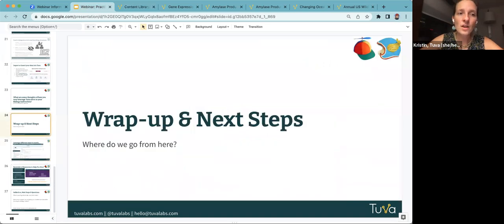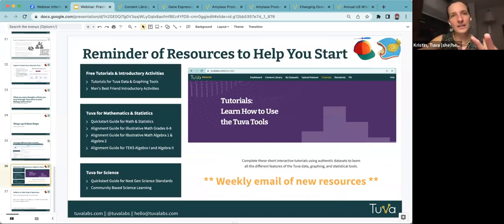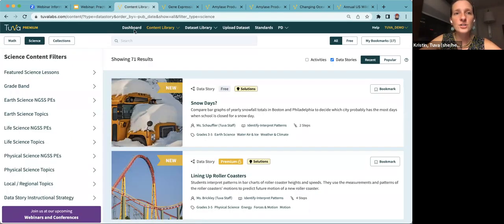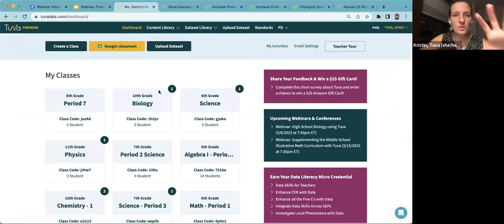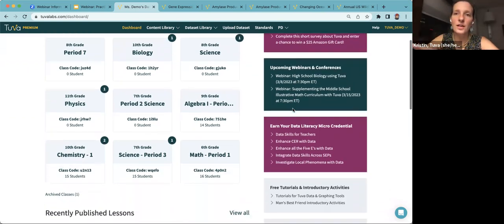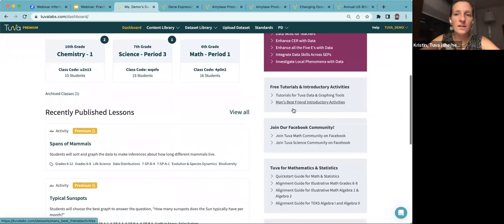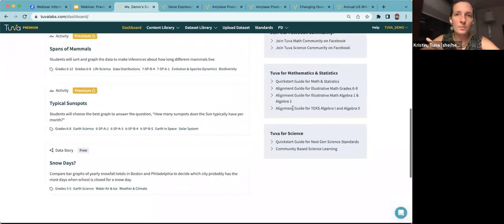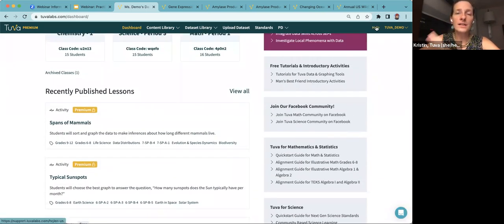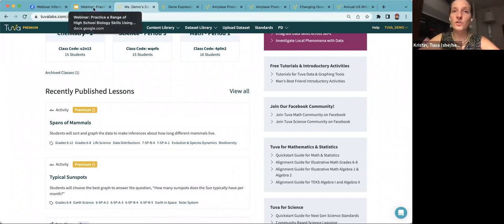We try to provide a variety of supports and resources within the app. So both on your dashboard page along the right hand side, yours will look different again because you have different classes, but along this right hand side, we try to provide a variety of just in time information to send your way and thinking about how to support you. The help desk is great. So definitely make sure to check that out if you have any questions or if you run into any hiccups in Tuva. So we're trying to provide that support, and you can always email us at